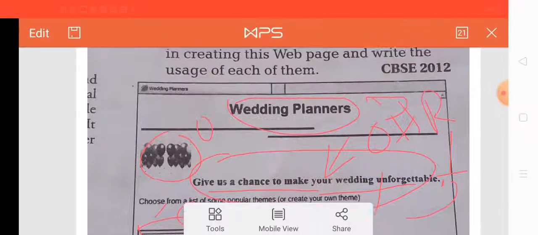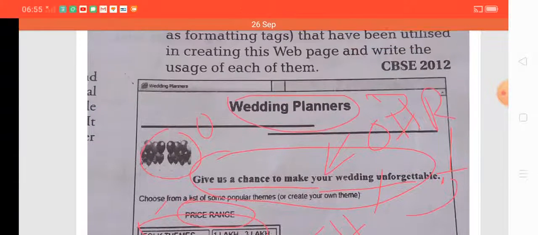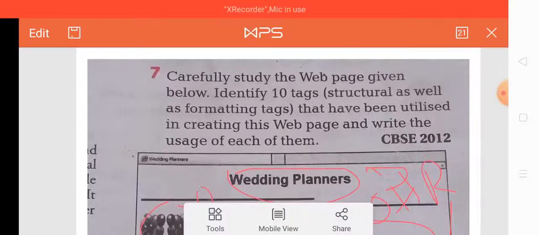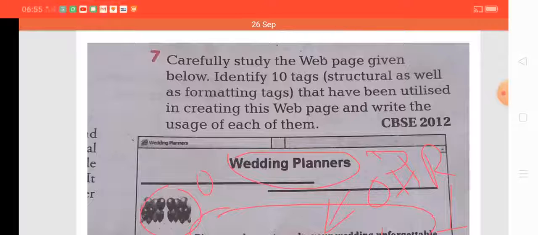Now, our next question. I think it is clear to all of you, and you are now capable of answering such questions. This type of question is asked so many times in examinations, almost every year. One question of this type is asked in your final examination, and this question was asked in CBSE 2012.